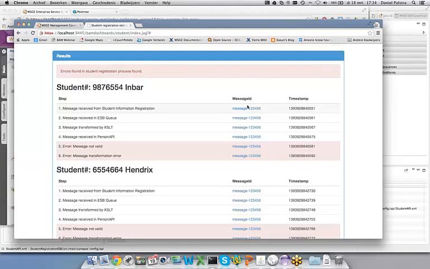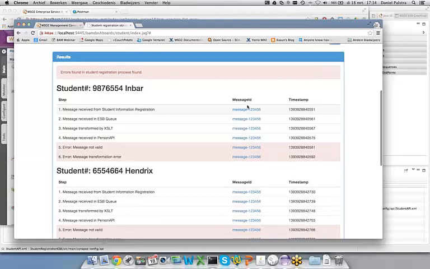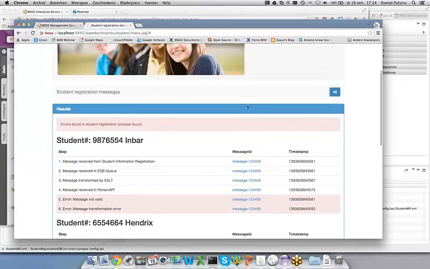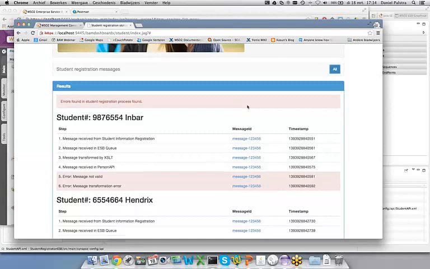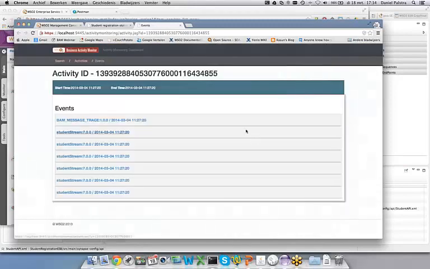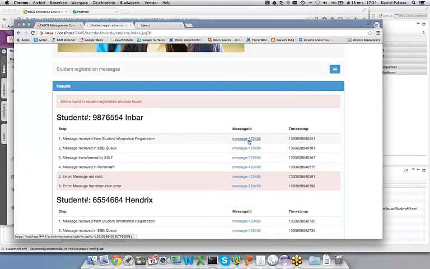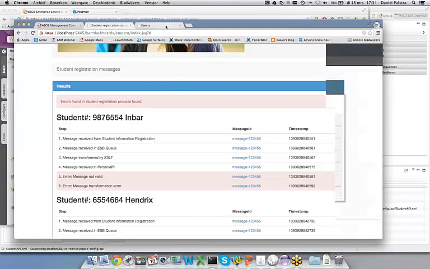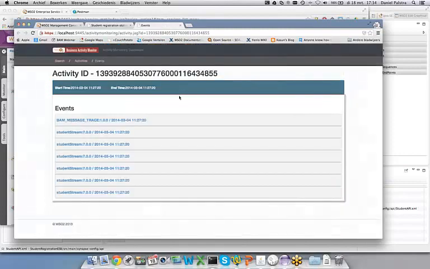This is the WSO2 Developer Studio, and within the studio I have created an API, and that API is responsible for receiving the student messages and calling a student stream publisher sequence, which is responsible for embedding the BAM mediator and so sending the monitoring data to the BAM. As you can see here, I'm setting a lot of properties, which I'll explain later, and I'm using a stream, which is the student publisher sequence,